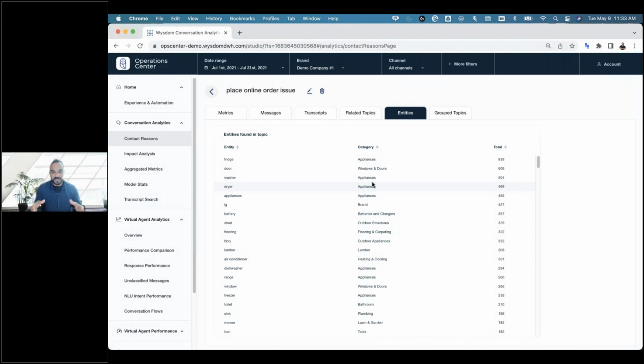You may have thought you covered all your intents. Use unclassified messages to figure it out, use the automation rates to maybe figure it out, but then also use entities, because this gives you, especially if you take it back to your business, a way to say, hey, appliances and checkouts and appliances seem to be a problem area. Do we want to do these differently? Maybe they're considered high value and we'll hand those to an agent, and for the rest of them I'll create an intent and a flow for my bot to handle.